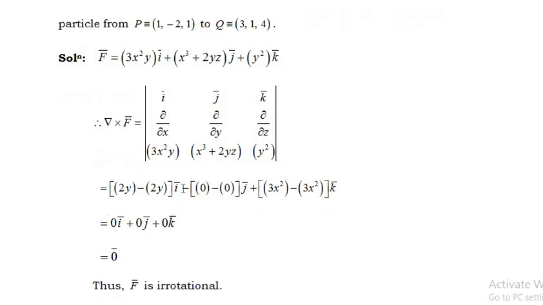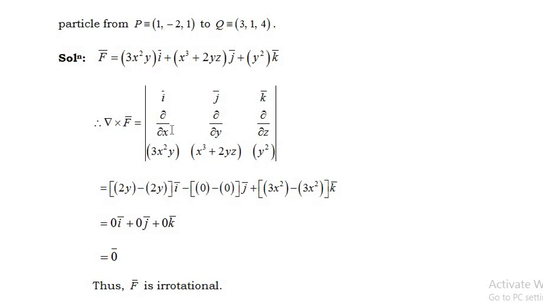That is equal to i times, ignore this row and this column, derivative of y² partially with respect to y is 2y, minus derivative of x³ + 2yz partially with respect to z, 2y. 2y minus 2y times i, that is 0 times i,